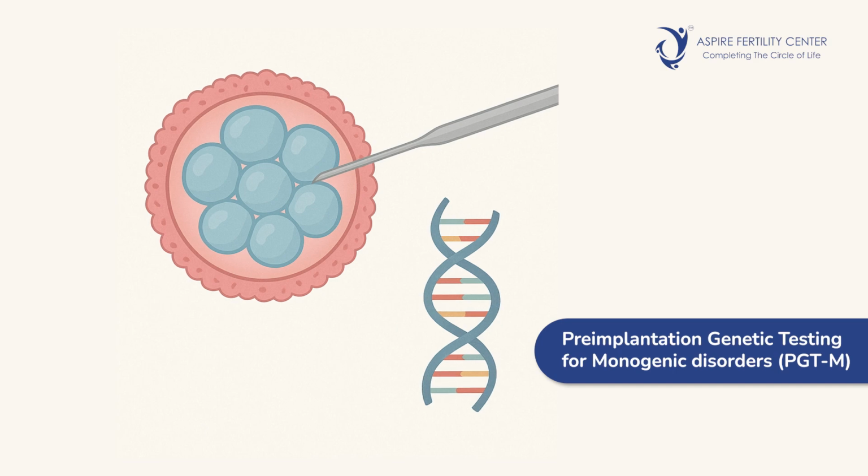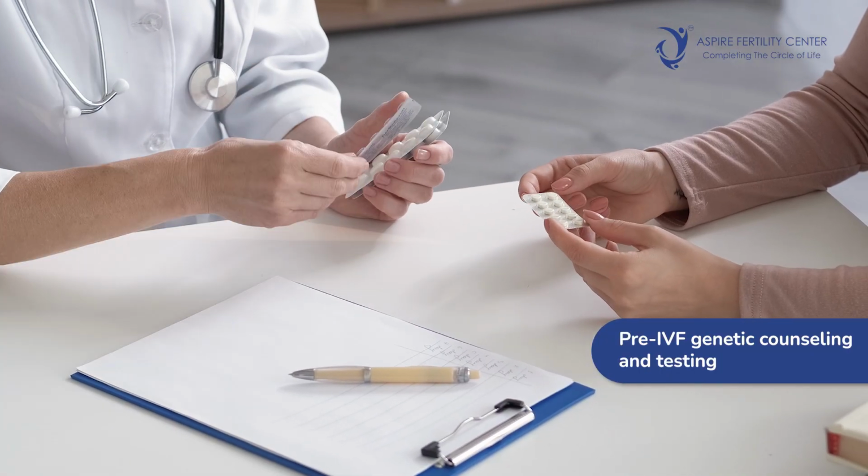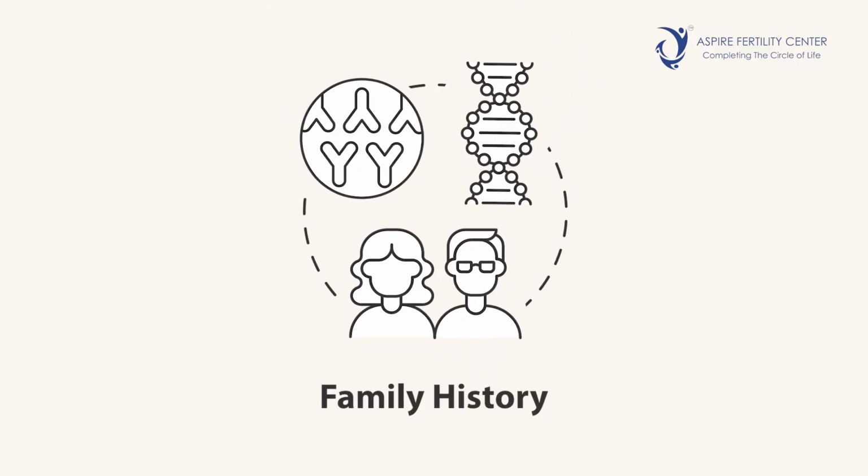Basically, that procedure is called PGT-M, pre-implantation genetic testing for the monogenic disorder. Now, how do we go about it? Prior to venturing into a PGT-M, the most important factor is pre-IVF genetic counseling and testing. There is a genetic workup involving a multidisciplinary approach with the reproductive medicine specialist and the geneticist, and of course a detailed family history or family tree is drawn as to who all are affected and how the gene has been transferred from generation to generation. Then there are tests which may involve not only the couple but also their extended family to identify the gene and create a personalized or customized genetic probe.